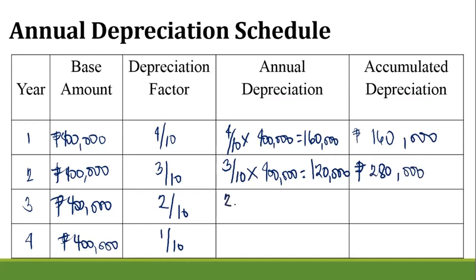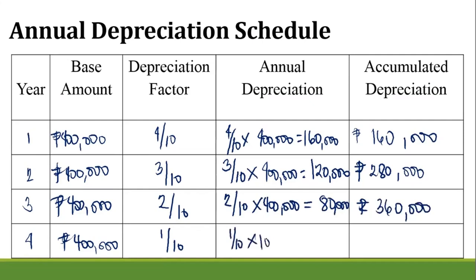Next is the third year. Alright? So the depreciation factor is 2/10 times the base amount of 400,000. So this is now equal to 80,000, because we just add it to the previous year. So this is equal to 360,000. And then the final year, the fourth year, multiplied by the base amount of 400,000. So this is now equal to 40,000. And we add it to the previous year,